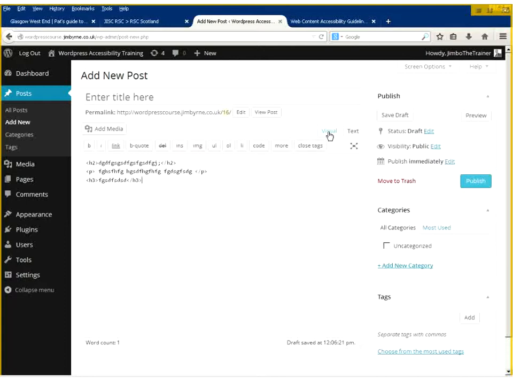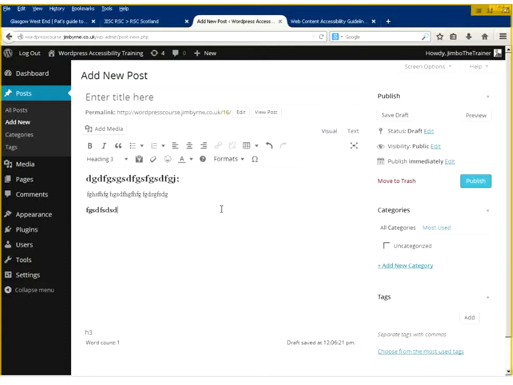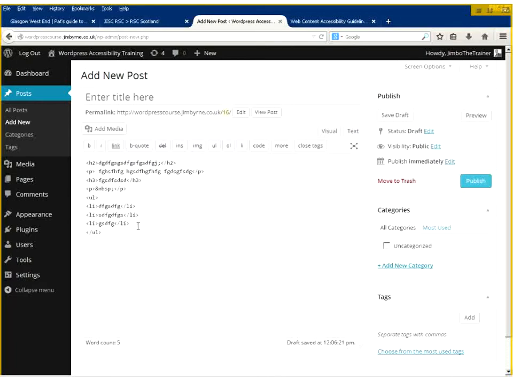Now that's great, the browser understands all these things. If I labeled an image as an image, it knows to display it as an image. If I labeled a list element, which I can do, and I'll show you that, let's make this a list element. The browser knows that that's a list because it's labeled as a list: unordered list, li, list element. So it's got those labels in to tell it.